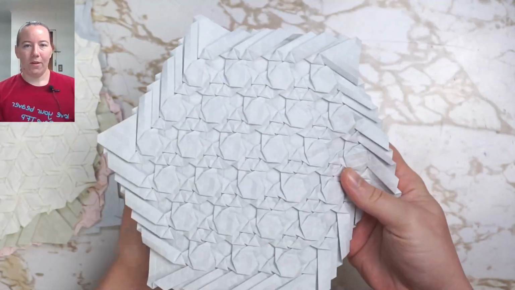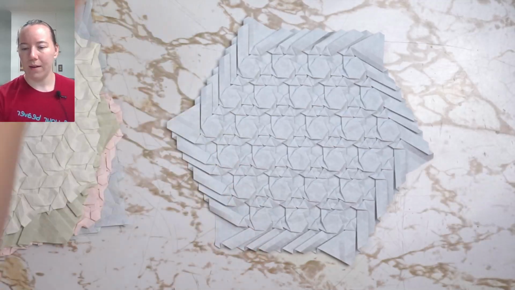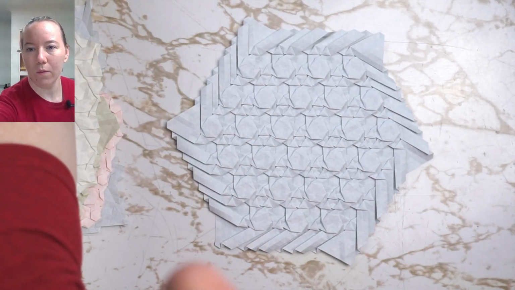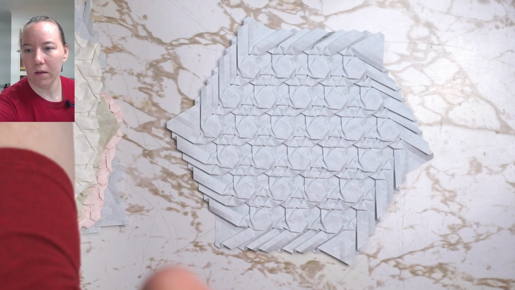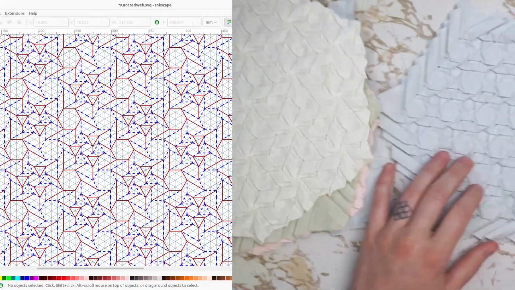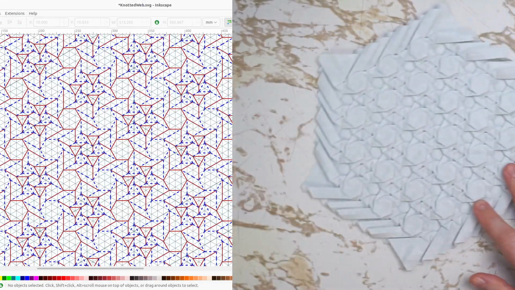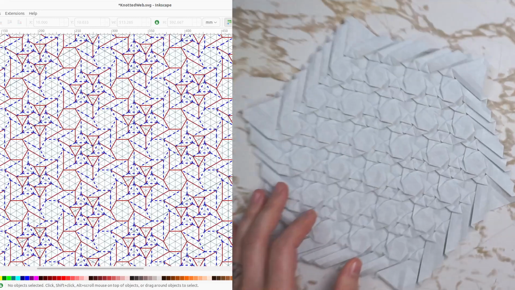Let's take a deeper look at this pattern in particular. And I'll switch the screen over here so we can see what the heck is going on. So this is the crease pattern for how to get to this tessellation, this blue one. I call it knotted web. And zooming in here,